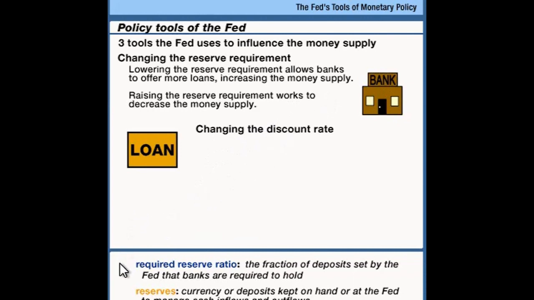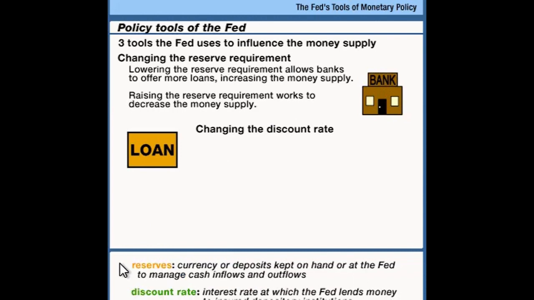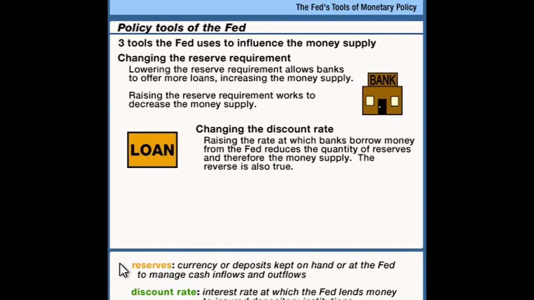If you've got that insurance, then you can borrow money from the Fed. And the Fed charges you a very low interest rate, much lower than you could get if you went to the open market. But borrowing from the Fed is kind of like borrowing from your parents. You usually get a good deal on the interest rate, but you've got to answer a lot of nosy questions. Well, why do you need this money? And the next thing you know, the Fed is in your bank doing an audit. So banks tend not to borrow from the Fed if they can help it.